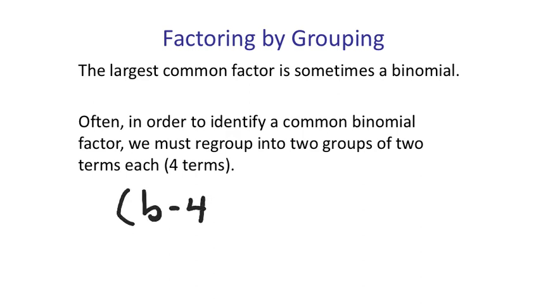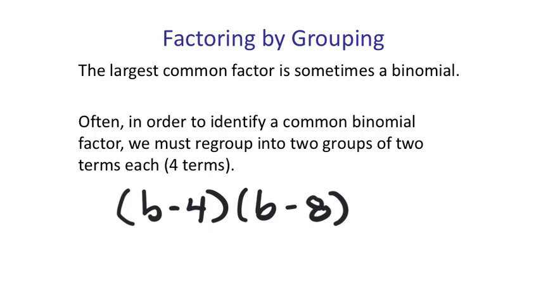Was it b minus 4, and what was the other one? Yeah, that's what we saw in that last problem, right? So that's 2 binomials being added together. It's 4 terms total. I mean, separately, but technically you could say that this is 1 term all by itself, okay? But this is kind of how we're going to expect our answers to look when we start to factor